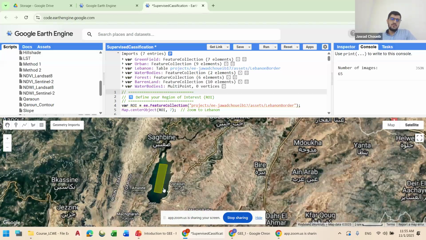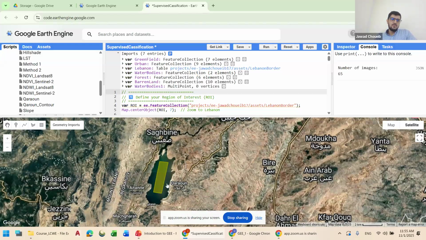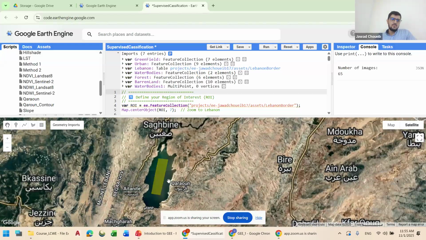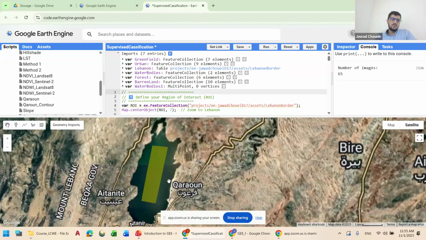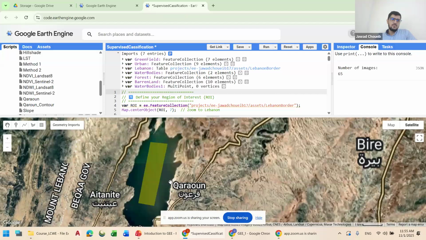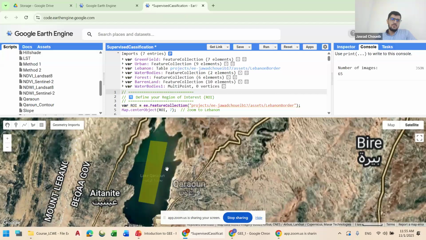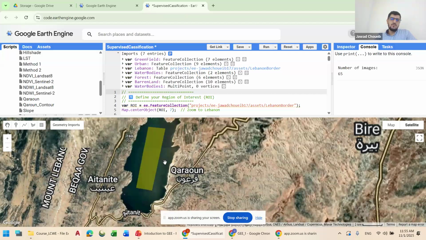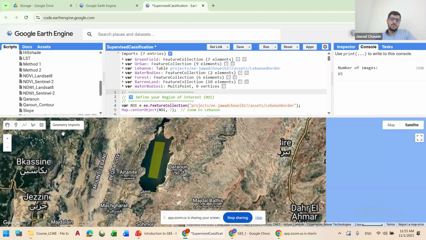And when we run this code, we obtain the classification